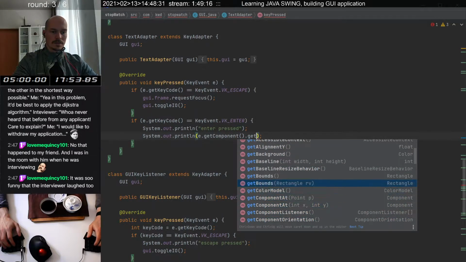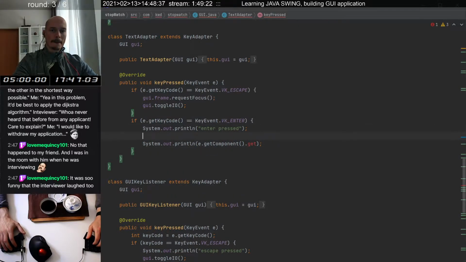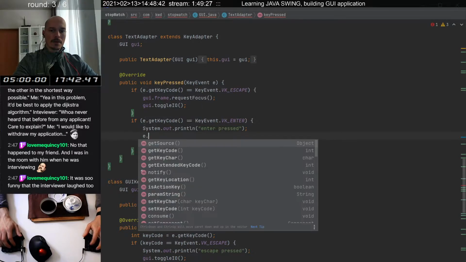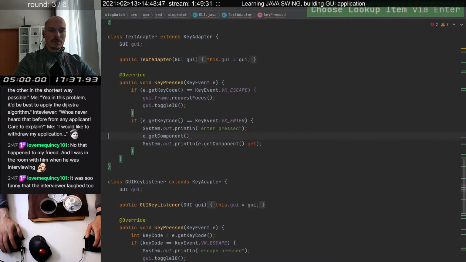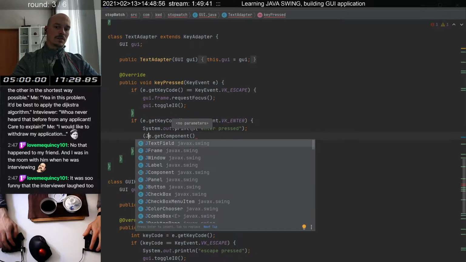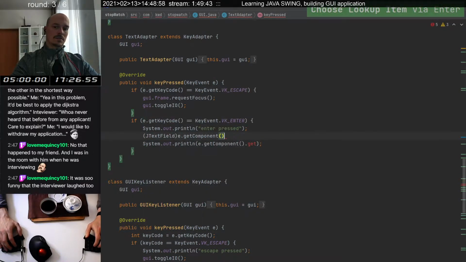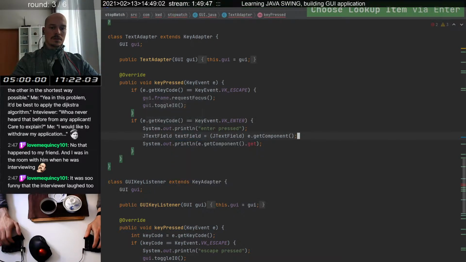Oh, we don't have the text in here, so I guess we'll do e dot get component, and we will make it the JTextField like so. Text field and